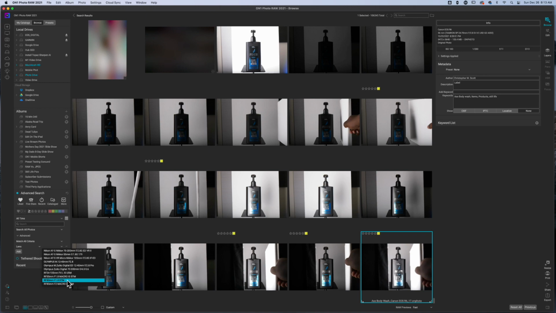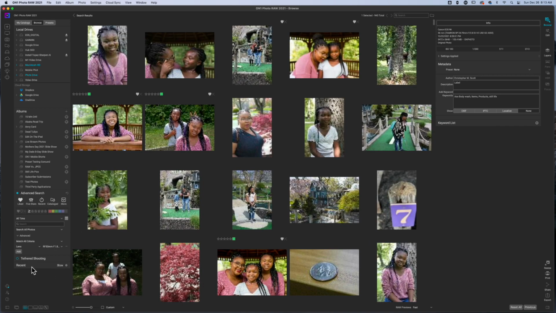Now, you could absolutely type this in like I showed in the previous tutorial, but it's just so much easier when you can choose from a drop down and select it, because you don't always know what a lens is titled. So now that I have this, and of course I have match all criteria, which it's only one factor,